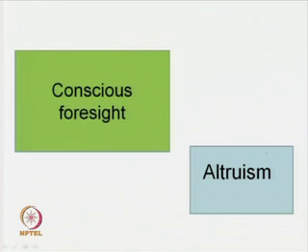And he says, definitely there is a way out, and he points to two characteristics that we have, our redeeming characteristics, so to speak. Let us look at this slide. These are that human beings have conscious foresight and that human beings have altruism. Well put by Dawkins. We have conscious foresight. We are not all the time looking for short term gains, we are looking for long term gains,